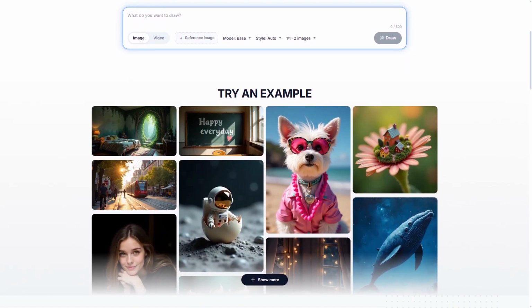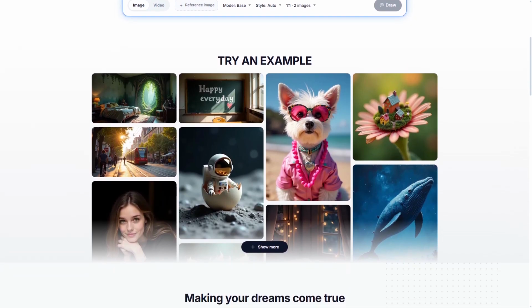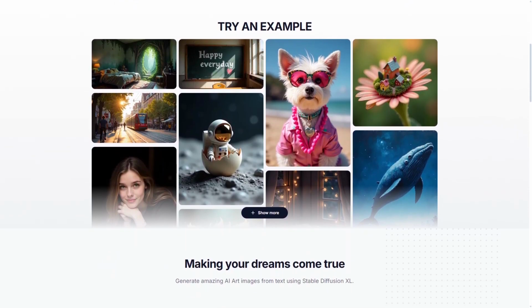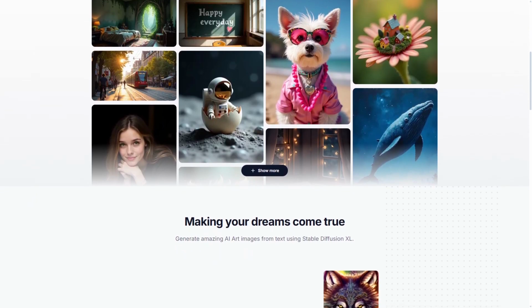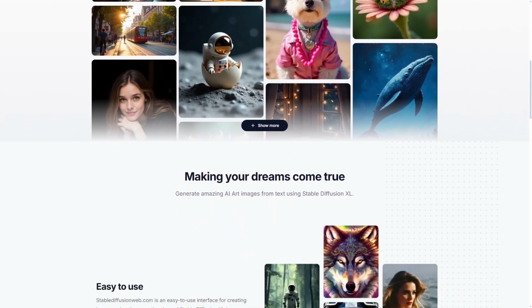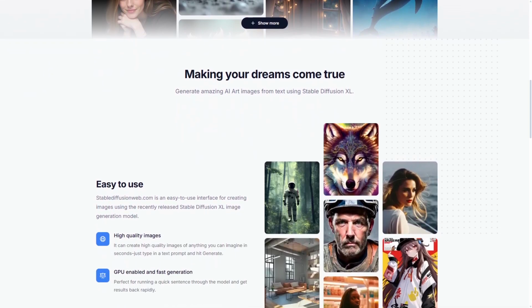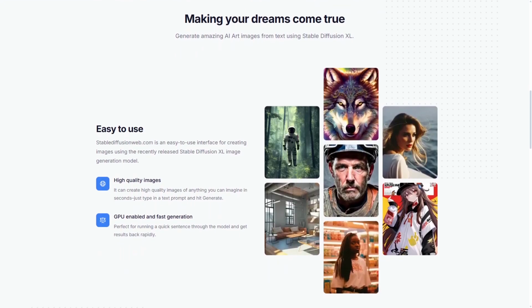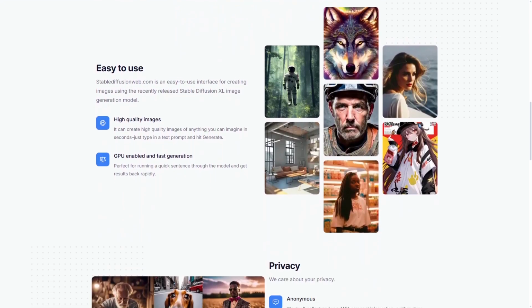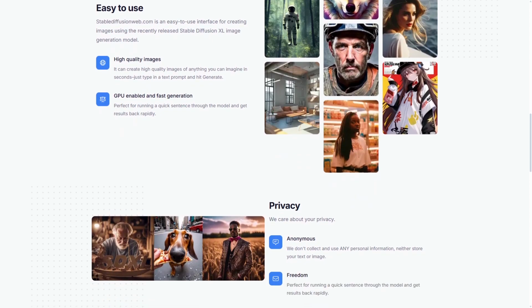The platform excels in producing intricate and detailed visuals, making it a favorite among professional artists and developers. However, its complexity can be overwhelming for new users, as it may require a deeper understanding of the technology. Stable Diffusion is best suited for those who are comfortable with technical tools and seek to push the boundaries of